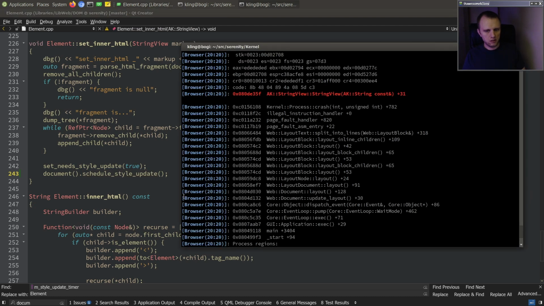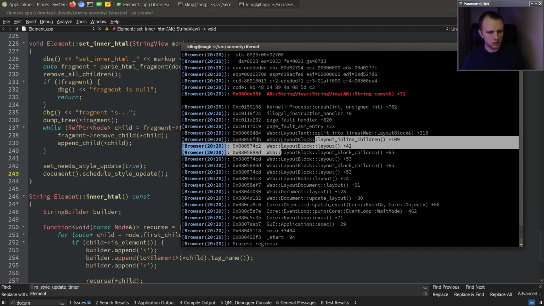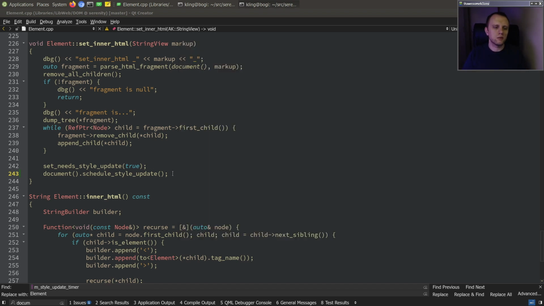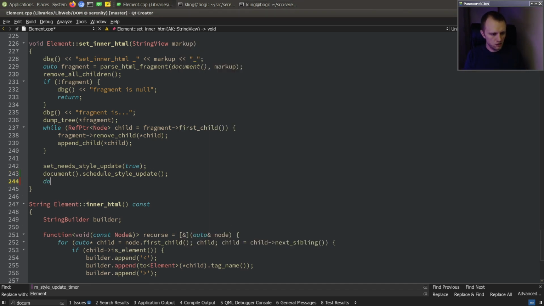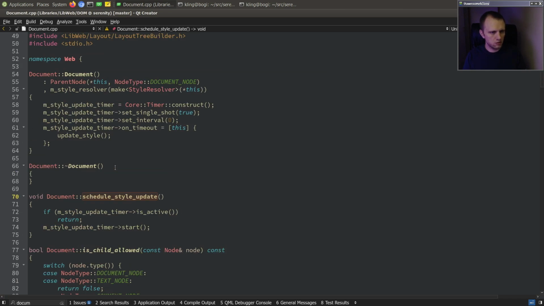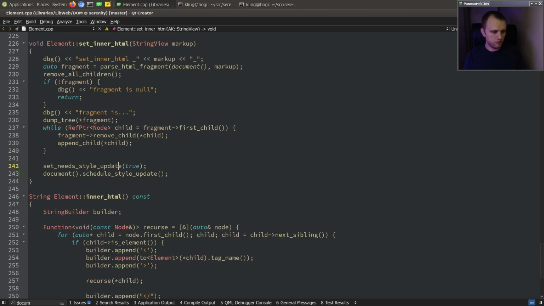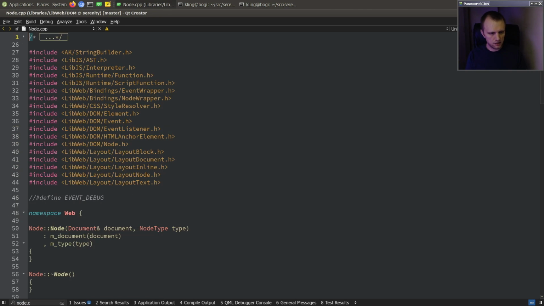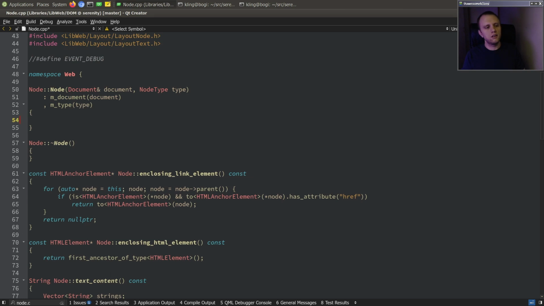I'm guessing because we're throwing away a DOM node, but we don't throw away the corresponding node from the layout tree. So we're very bad at that, and we're not going to get good at that in this patch. So schedule style update. What should we do? Maybe when a node is deleted, it should check if it has a corresponding layout node. So if layout node